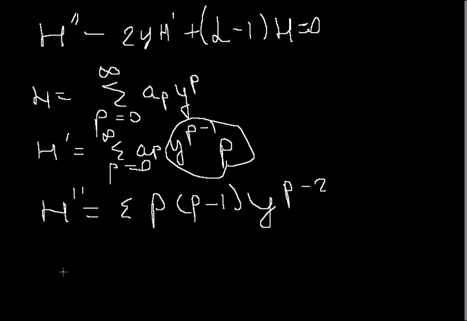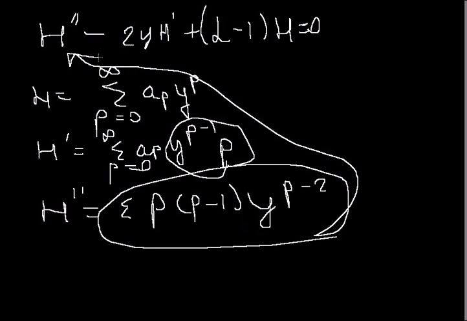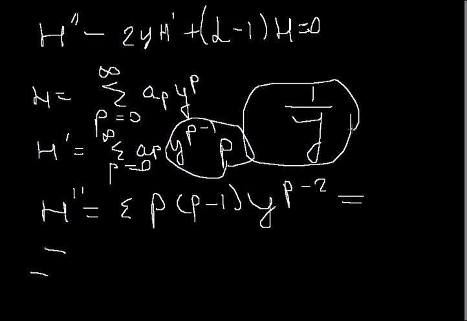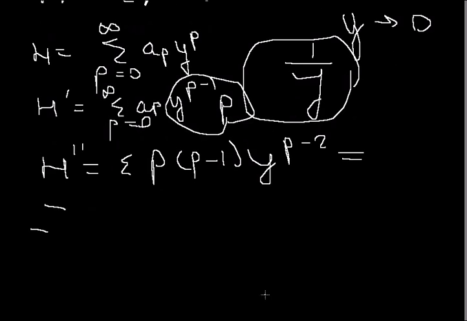We take this sum, but before I do, I shall mention that we can't have negative powers of y, because if we have such a power, then when we take the limit of y to 0, we gain infinity, and from the physical point of view,